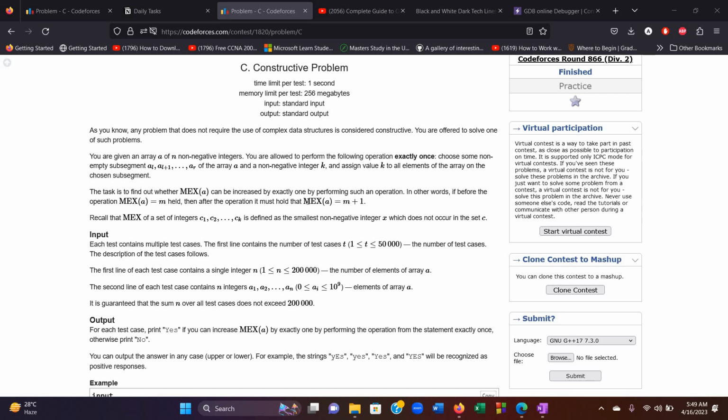So let's talk about the operation here. You are allowed to perform the operation only once, exactly once. So what is that operation? The operation is basically